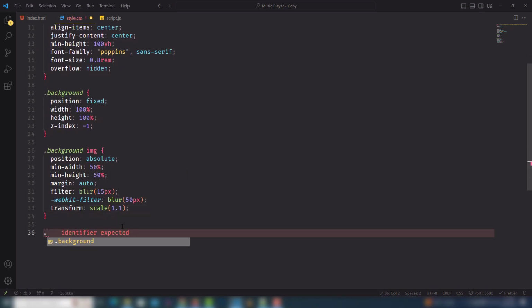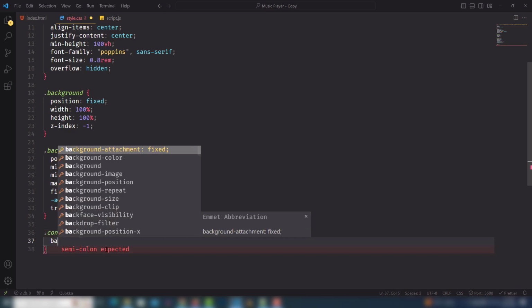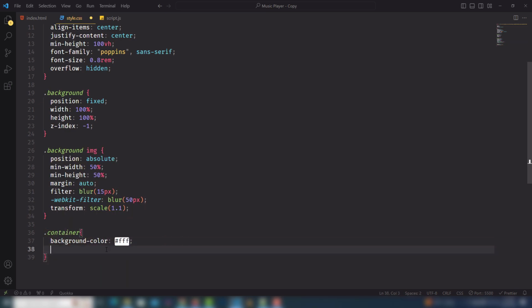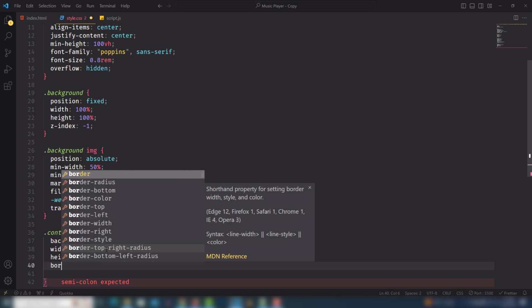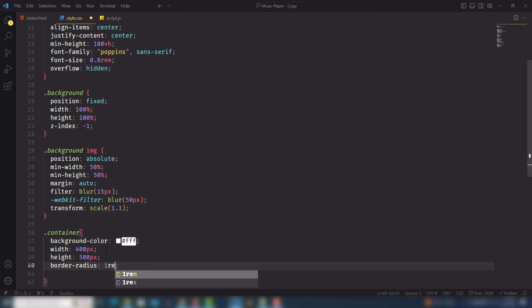So next one is container. So you need to select the container. Inside the container have all of the content, so we need to select it and assign the background color is white. I need to assign the width is 400 pixel, height is 500 pixel, border radius I'll use 1 rem, and